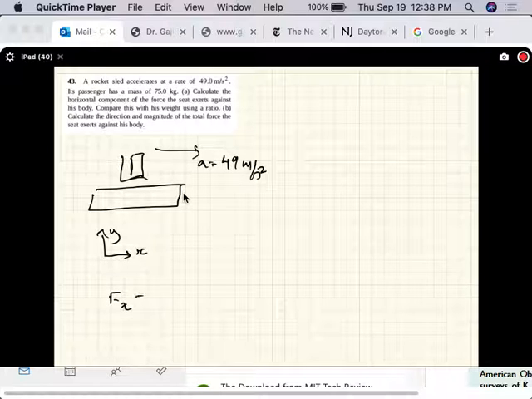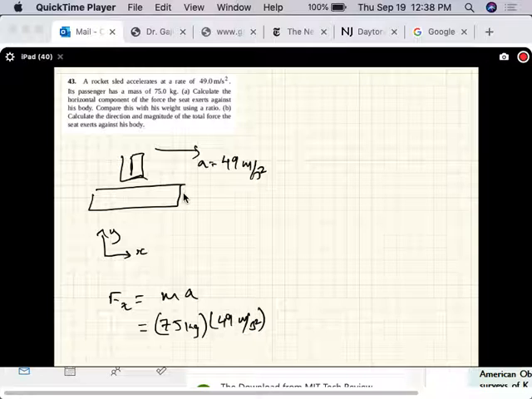And so the x component of the force that the seat exerts on the person is his mass times acceleration, 75 kgs times